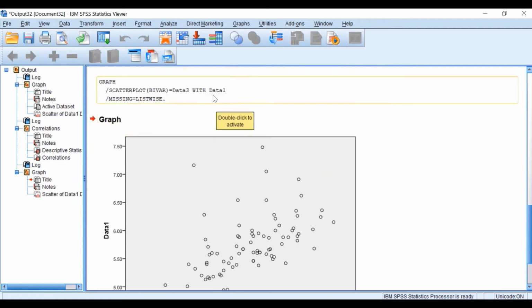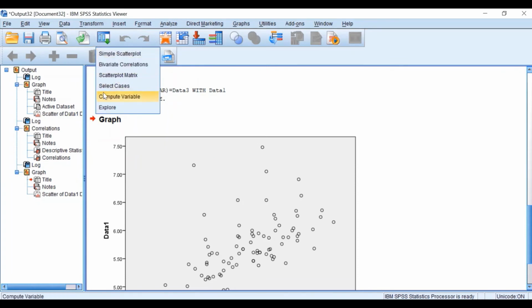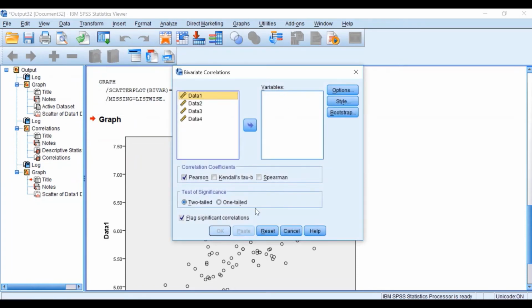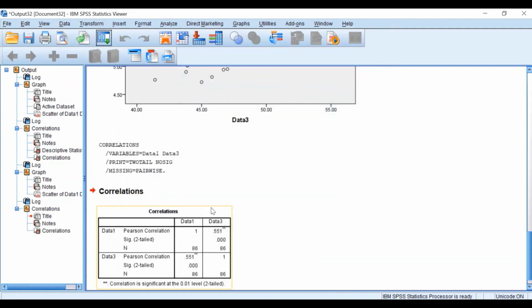To confirm that through statistical analysis, I will do a Pearson correlation test. So if I click on Analyze, again repeat the same steps, keep the same settings as before, and click on OK. Here